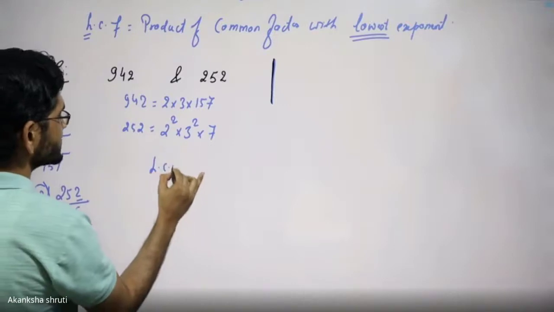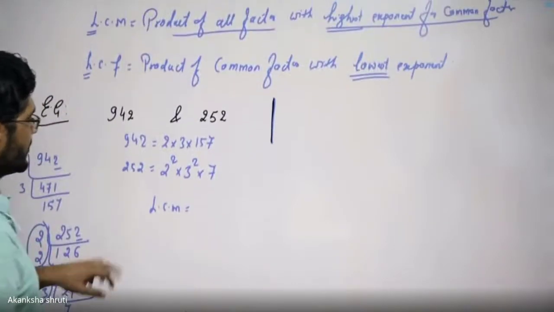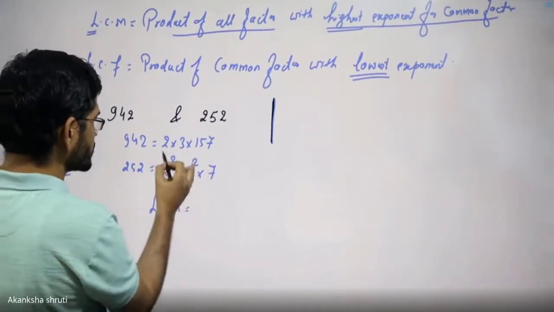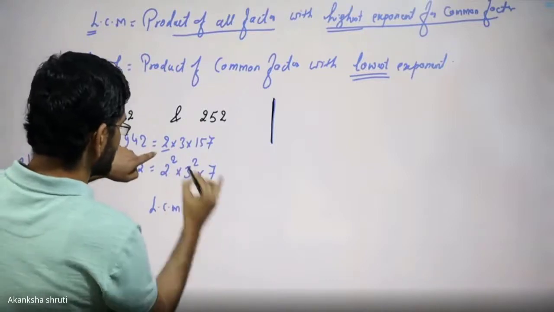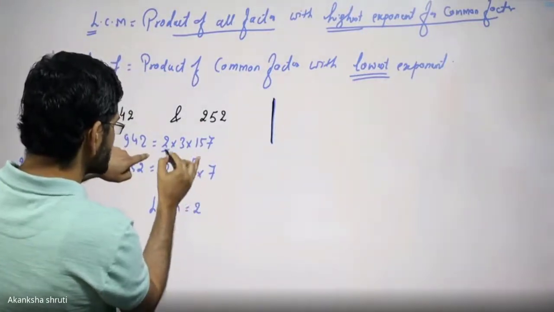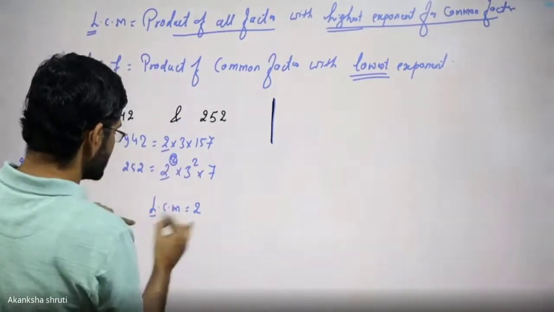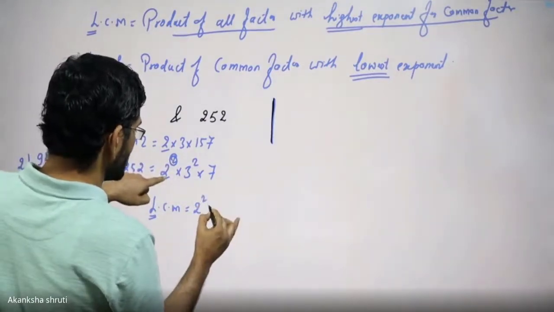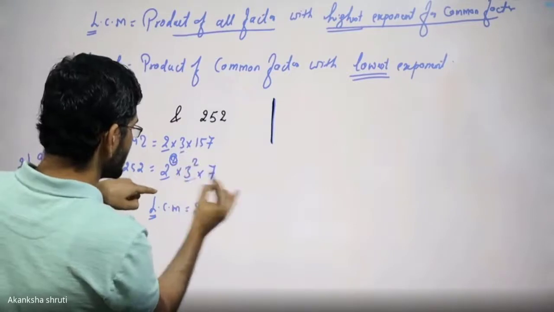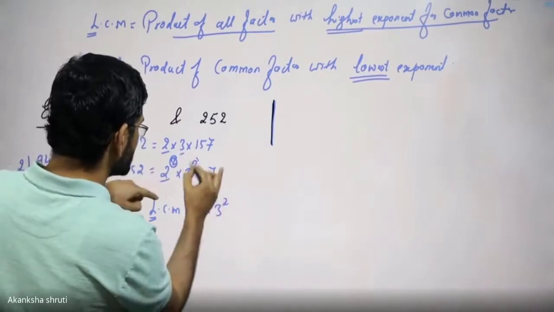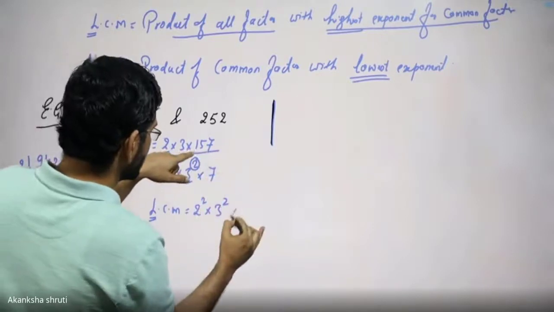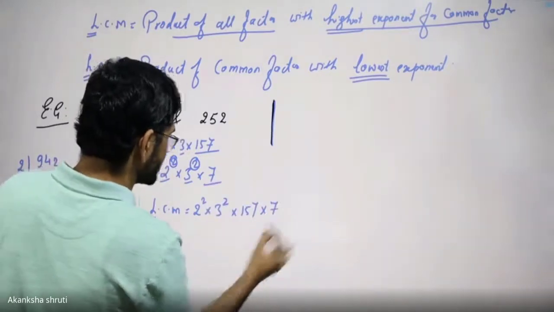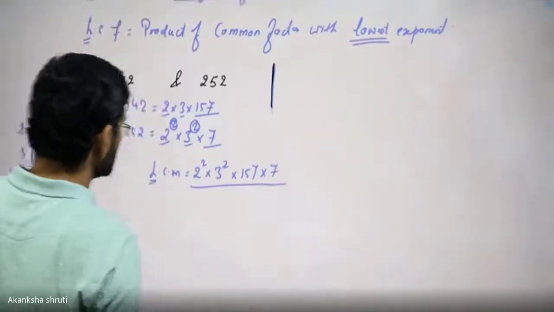Now for finding the LCM, for LCM we have to take all the factors. Student, you may start from either 1 or 2. Let me start with this first. It is 2, but this 2 is also here. So where this 2 is common, we have to take there. It is the least common multiple, so we have to take the highest power. It is 2 square. Coming to the other, 3, in this 3 is also there, so 3 square we need to take. Then the another one is in this 15 7, but in this it is the 7, so this 7 we also need to take. So this product finally you have to do, that you will get.